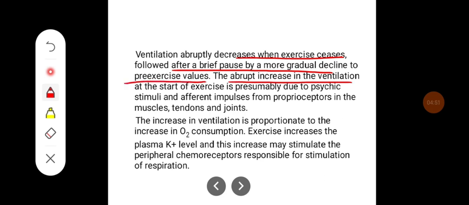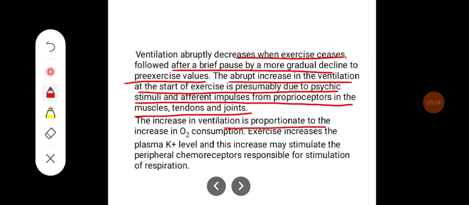The abrupt increase in ventilation at the start of exercise is presumably due to psychic stimuli and afferent impulses from proprioceptors in the muscles, tendons, and joints. The increase in ventilation is proportionate to the increase in oxygen consumption. Exercise